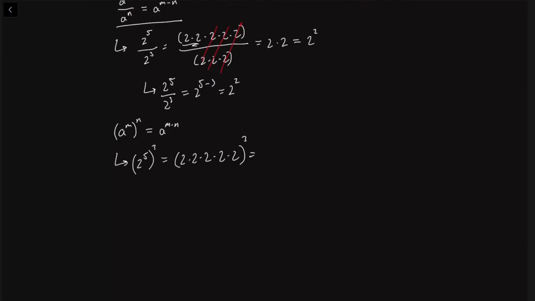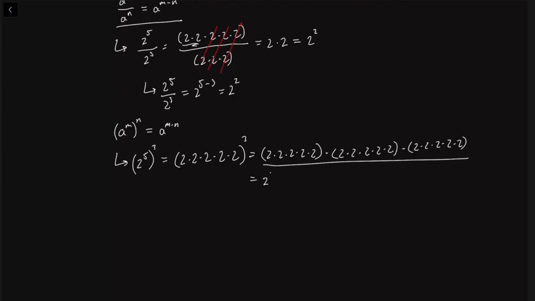Which is the same as having 2 times 2 times 2 times 2 times 2, 2 times 2 times 2 times 2 times 2, and then one more time right here at the end. And once again, since multiplication, you can do it in any order you want, and everything here is multiplying, and we have 15 2's, that means this is just equal to 2 to the 15,